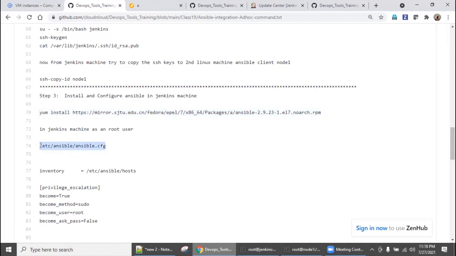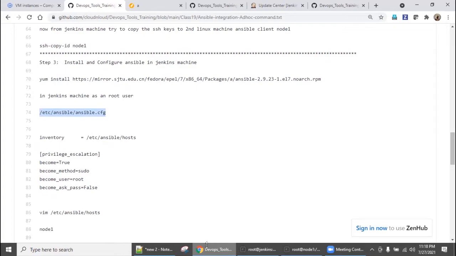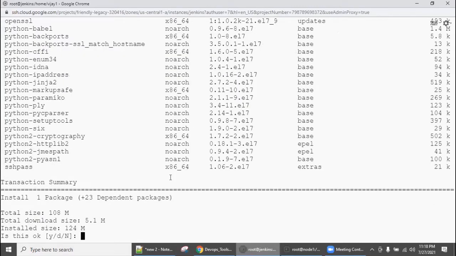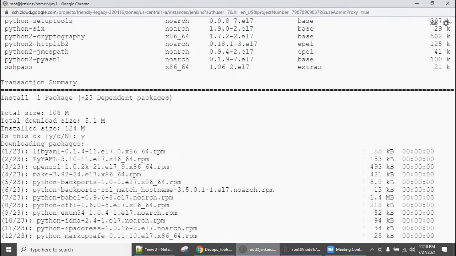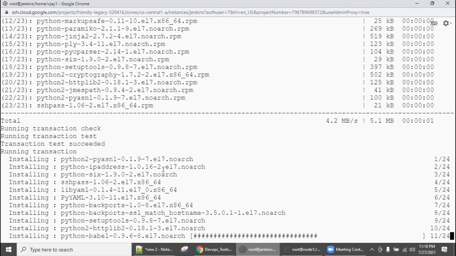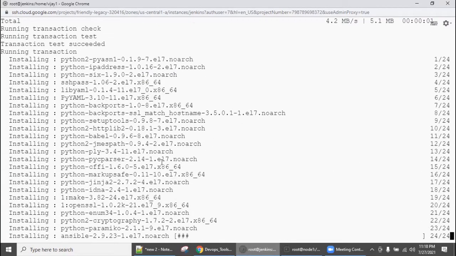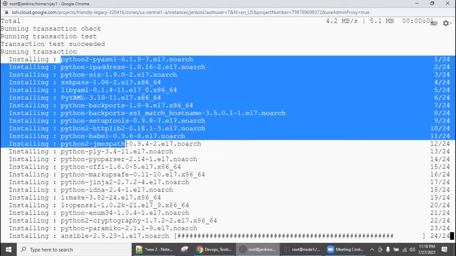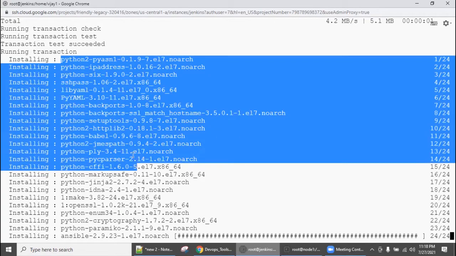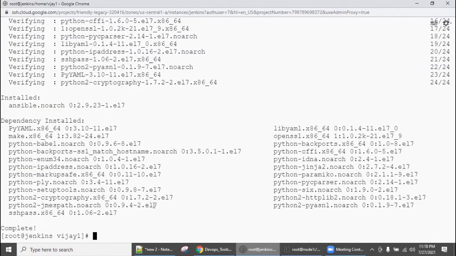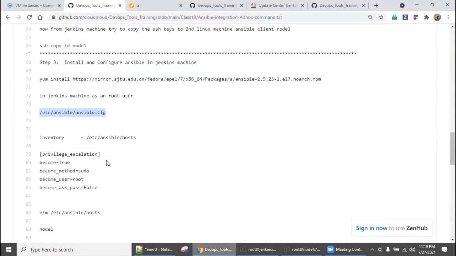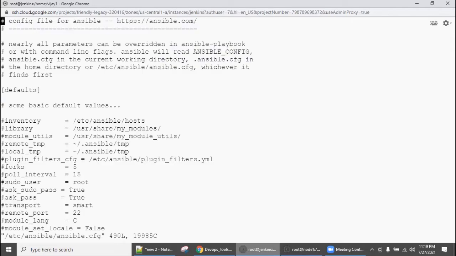And go to this file, /etc/ansible/ansible.cfg, right? Go inside this file and comment out these things. Yes, I want to install Ansible. We'll see it in detail during the Ansible class, because the next training is going to be Ansible. I will explain what these packages are and the purpose of each package, which is really important if you are going for a customized Ansible environment. So I'm going to the ansible.cfg file, vi ansible.cfg.